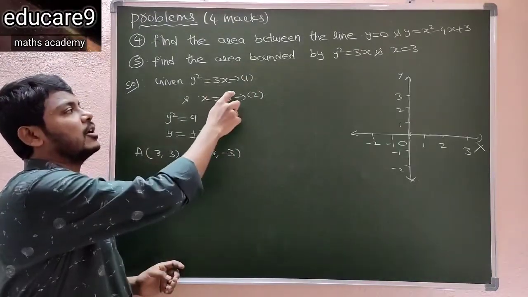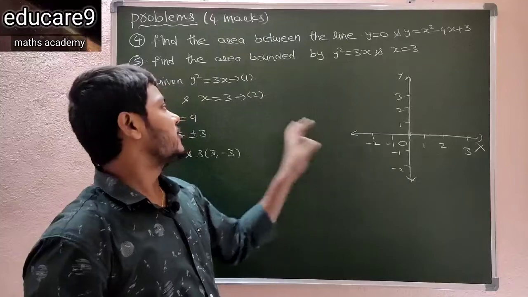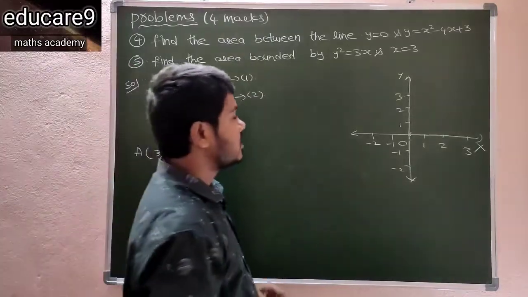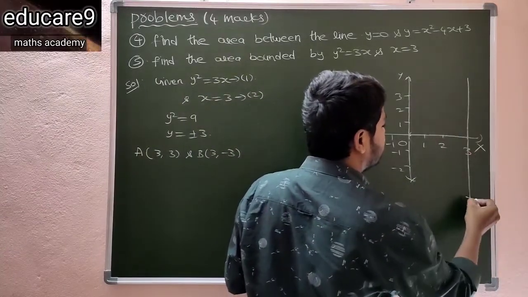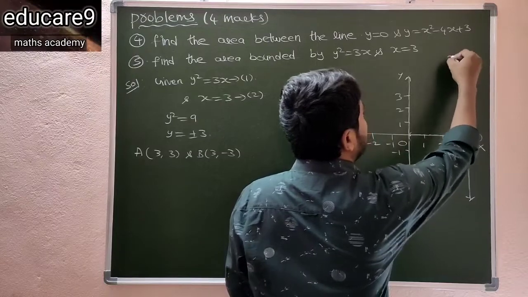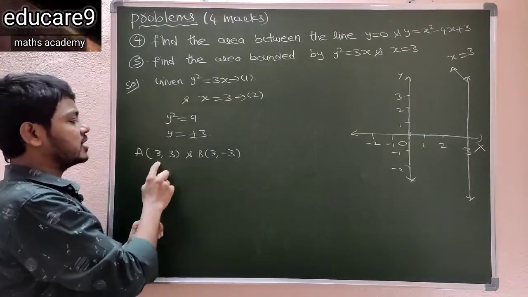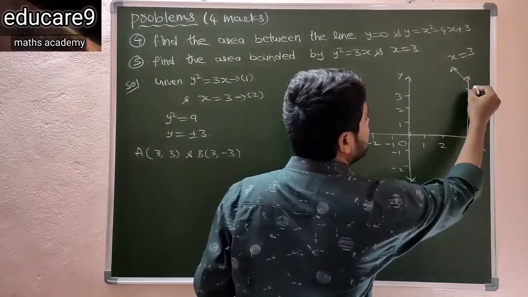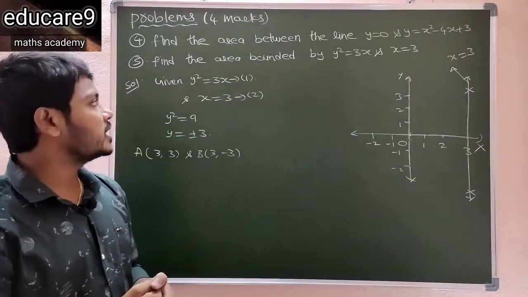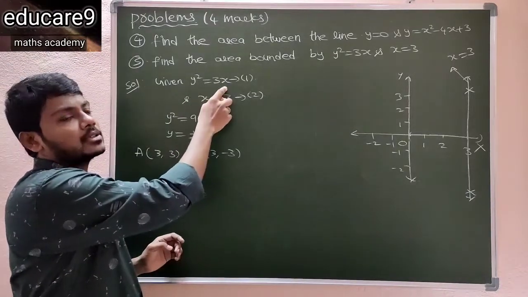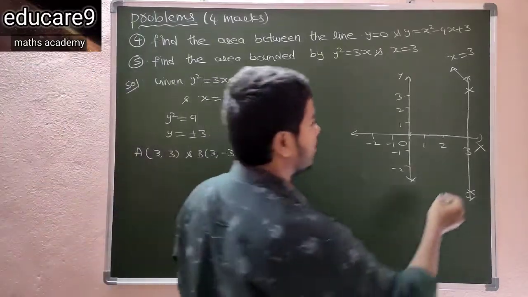Now draw the graph of y square equal to 3x and x is equal to 3. Now consider the coordinate axis. So first to draw the x is equal to 3 line. So clearly this is parallel to the y axis at a distance 3 units from the origin. So this line is x is equal to 3. And here are the points of intersection of both equations, 3 comma 3, 3 comma minus 3. So this one and this one, 3 comma minus 3. Okay. Now see here it is in the form of y square equal to 4x. So it represents a parabola and this parabola opens along the positive x-axis. So like this.